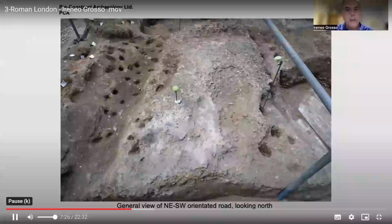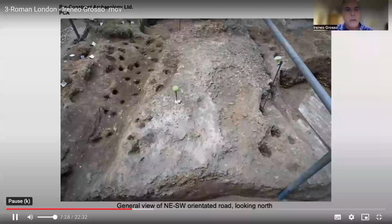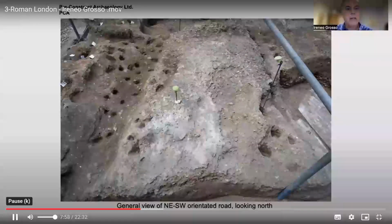Here we can see the road at a later stage of excavation, and the road was oriented northeast-southwest and was well constructed. Possibly the gravel surface was much less thick than the east-west road, but here it was much better preserved. On the side, you can see more of the roadside ditches, which are in turn truncated by a sequence